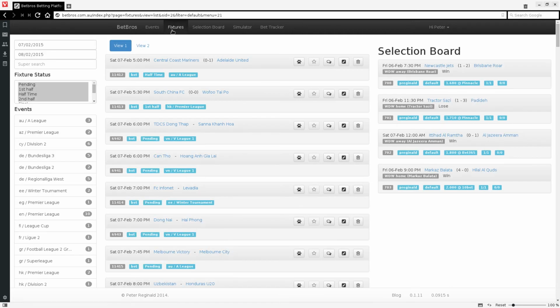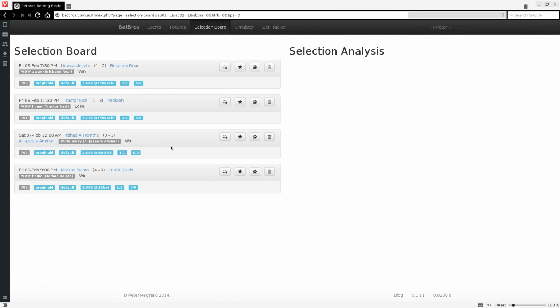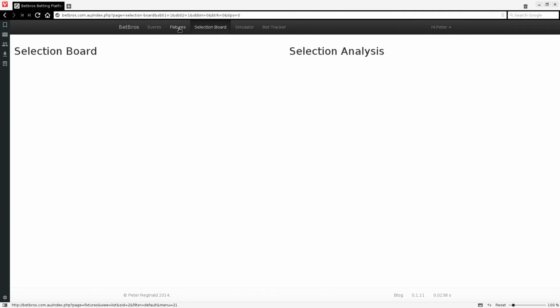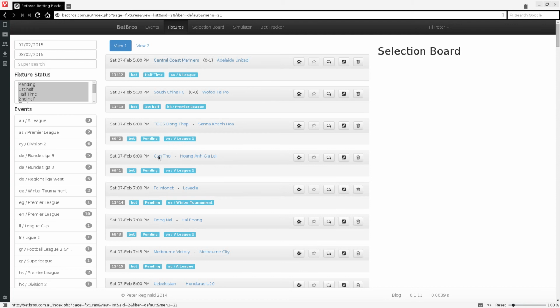Okay, let's see. Let's look at which football. So I click on fixtures and it brings up the fixtures page. Actually, before I do that, let me just clean something up. I'm just going to clear my selection board. Alright, cool. So now let's go to fixtures, and the fixtures page is divided into the left hand column, which